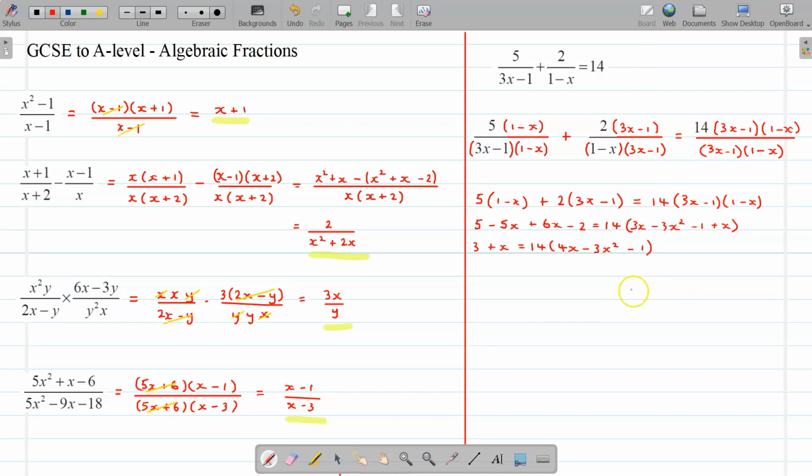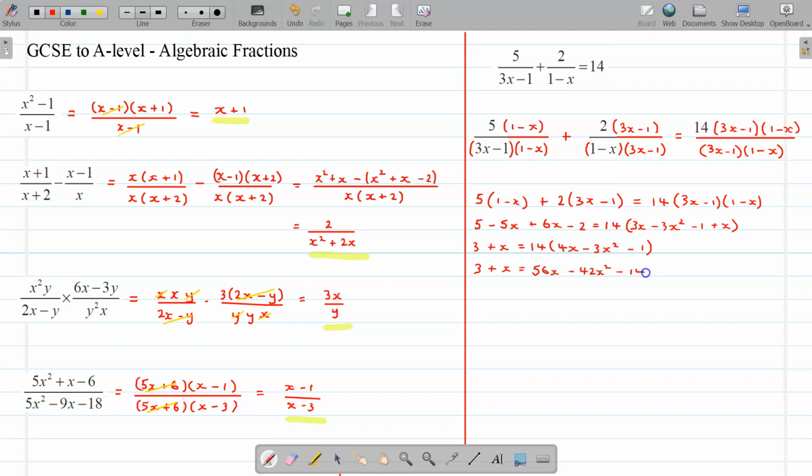Okay, multiply everything by 14. 3 plus x equals 56x. Okay, minus 42x squared